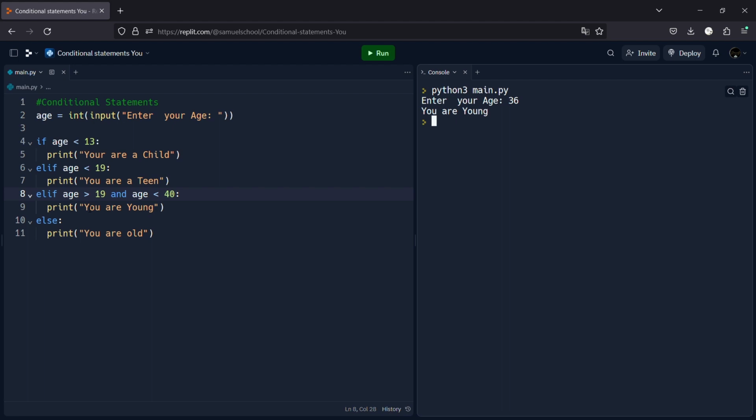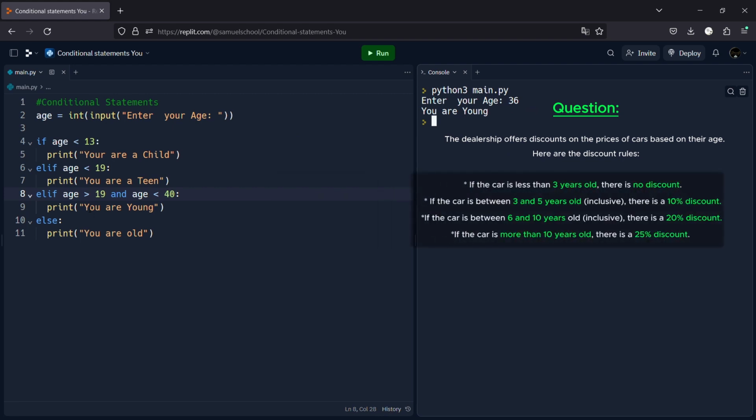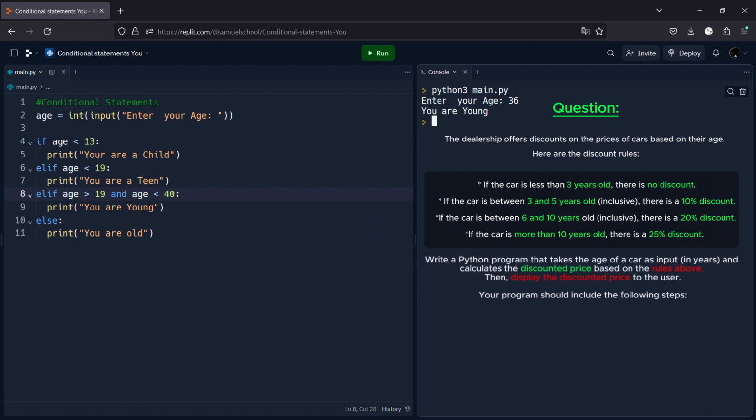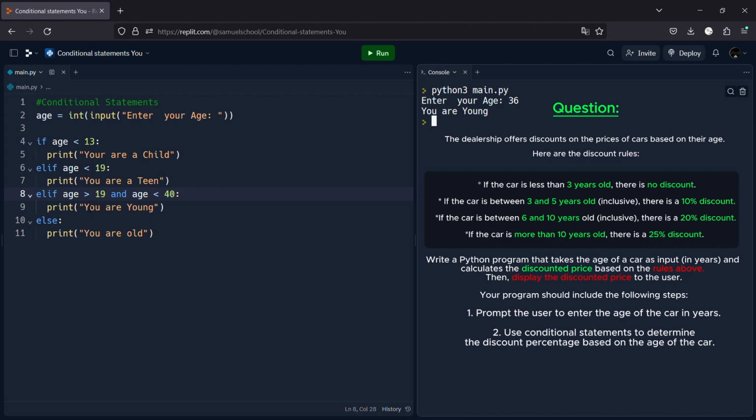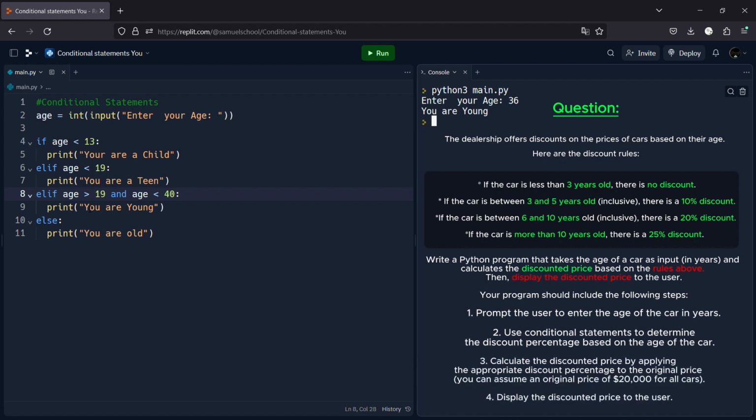So you can use this conditional statement for anything that you want. Take, for instance, you are calculating tax of a car. Maybe you have a discount in your company. You have a car. So if the car is less than 5 years, the car has a 5% discount. If it's in between 5 to 10 years, maybe you have 10% discount. If you have a car up to 20 years, then you have 15% discount. If you have a car up to 30 years, you now have 50% discount because it's an old car. So you could use if else